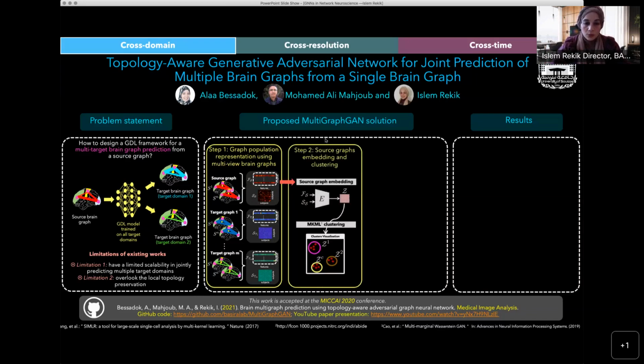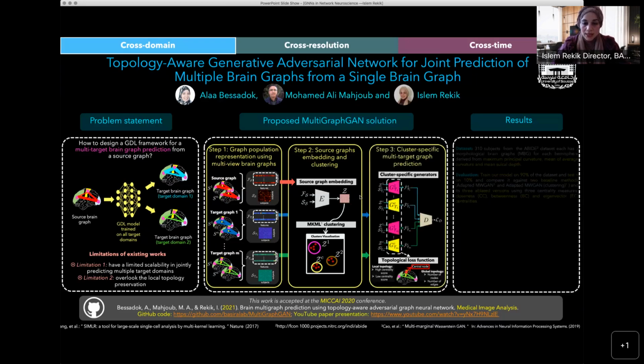So then we use what we call an encoder. We design again a multigraph, so this is a multigraph GAN network. In this GAN, we have an encoder of the source domain. We try to learn an embedding for every single subject in this graph, and this is how we get the embeddings of all subjects right here. So these are the embeddings of the subjects that we learned using the similarity matrix between subjects and the original features.